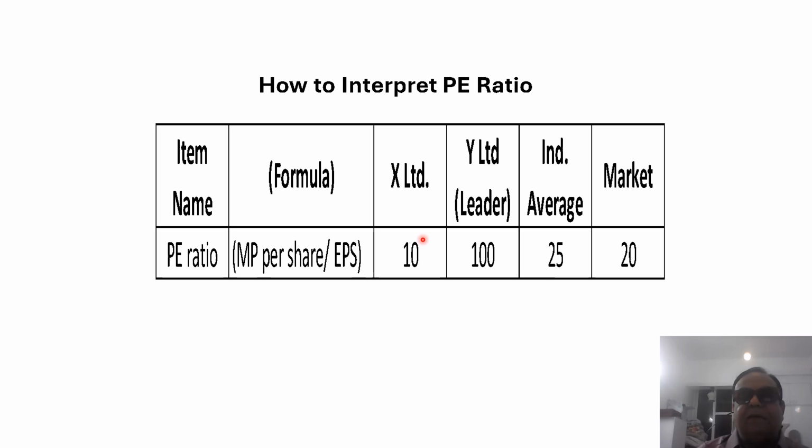X Limited is an average company at this point of time, that's why the P/E ratio is 10. But even if I don't agree with 100, at least I can agree that 10 can reach 25, or it can reach 20. Like your brother, you think that he would score 85, though you know your brother generally scores 60% marks, but you start thinking your brother can also score 85. That is the kind of simple funda connected.